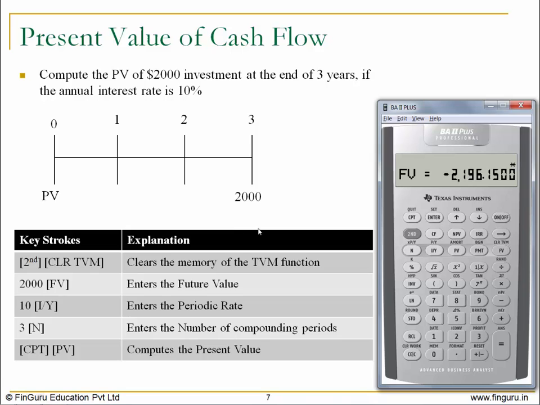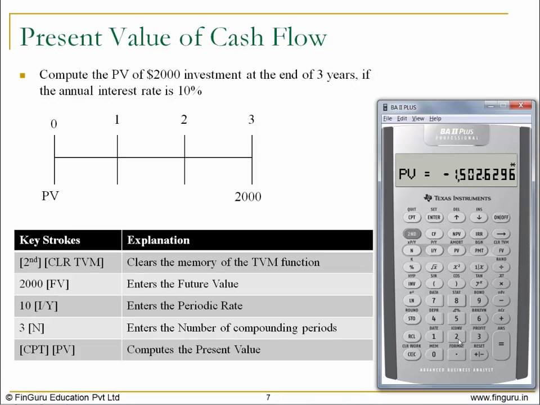What about if there's a cash flow in the future and I would like to calculate the present value of that today? So we have another question which says compute the present value of $2,000 investment at the end of 3 years if the annual interest rate is 10%. Now, let's first, as always, clear the memory of the calculator of the TVM function and punch in the values. So we say 2000 is future value, 10 is I/Y, 3 is N, and we can compute the present value. And in this case, it comes out to be